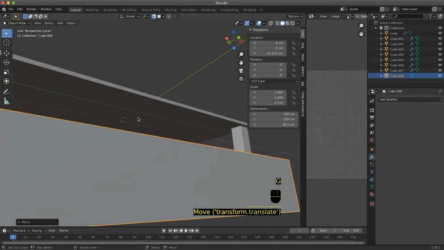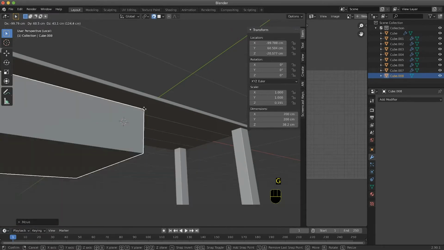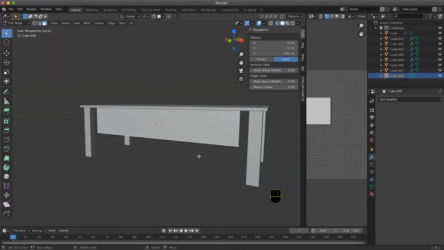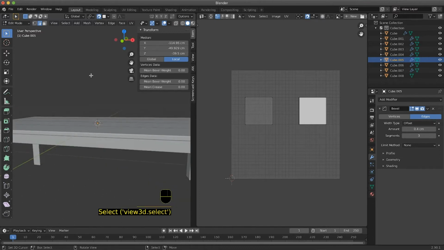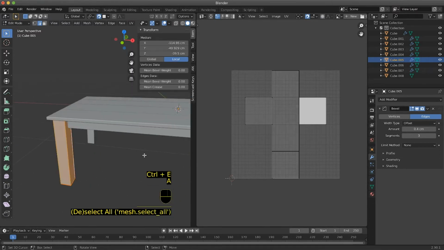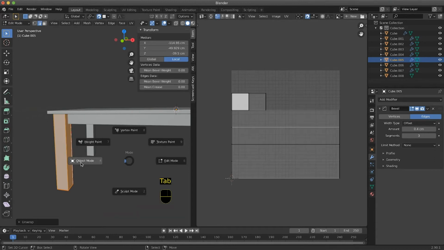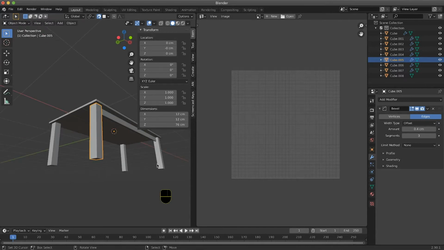I still have the snapping on, so I'm going to snap this object to this surface. In the meantime, I have unwrapped the leg as I did for the top board. Unfortunately, we will have to do the same for the other four.